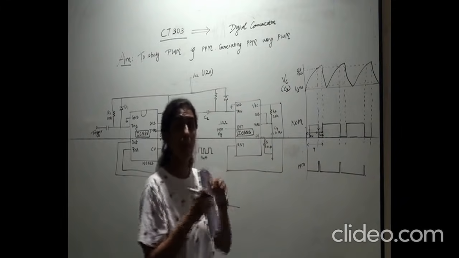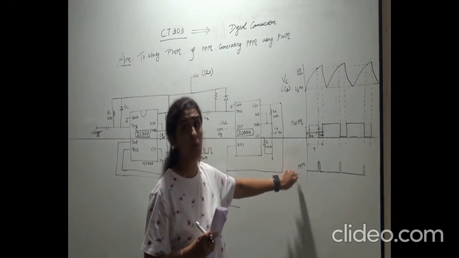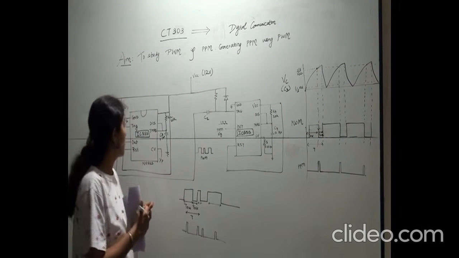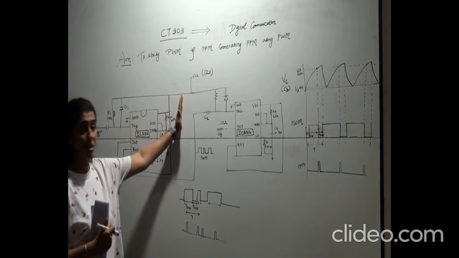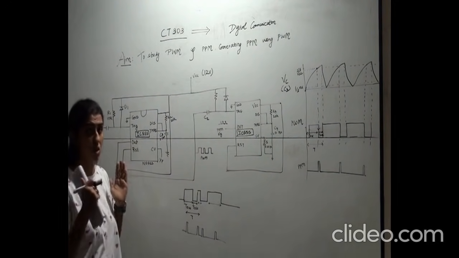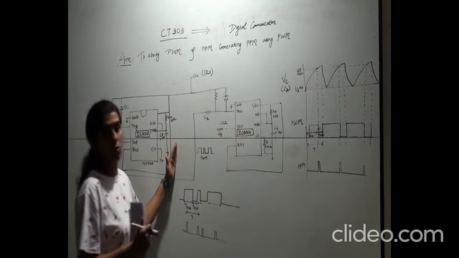So that gives the different positions of the pulse. So this corresponds to what is pulse position modulation. For generation of PWM, we require an astable multivibrator. If we do not require PPM, we will be stopping over here. If we require the generation of PPM, then we will be generating PPM by using PWM.